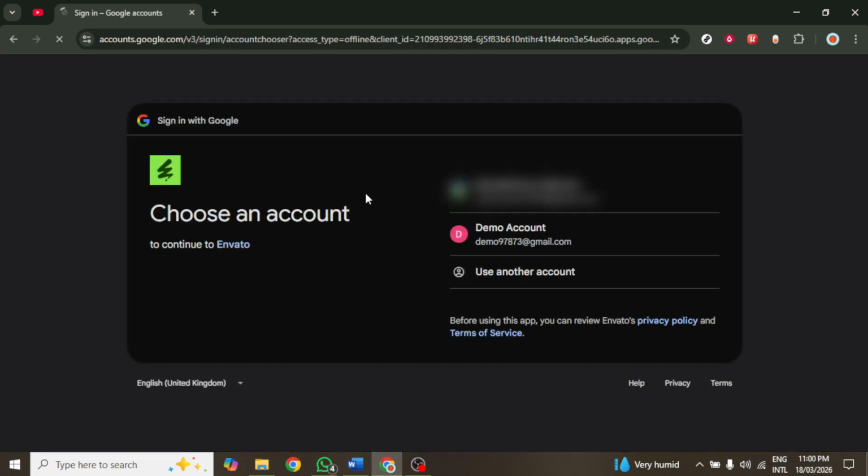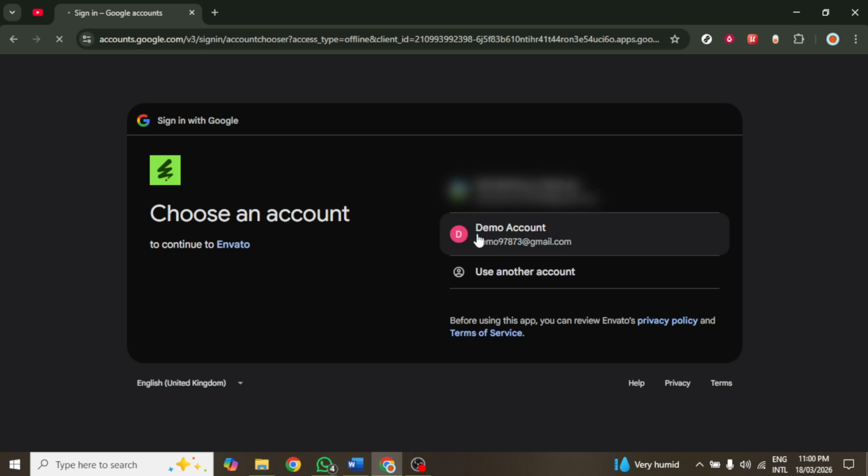When you find the verification message, open it and locate the link provided within. Click on this link to activate your account. This action confirms your identity and completes the registration process. After clicking the link, you should receive a confirmation that your account has been successfully activated.